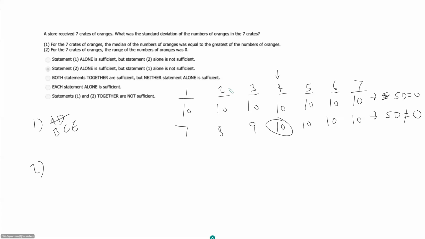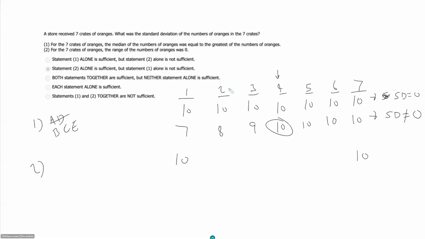Statement 2 says for the 7 crates of oranges, the range of the numbers was 0. So what does that mean? That would mean that our highest number minus our smallest number is 0, which means our highest number must be equal to our smallest number. So that would be a case where we have 10 and 10 over here. And since we can't go any higher than that, all of our other numbers here